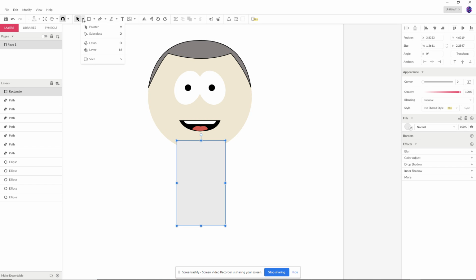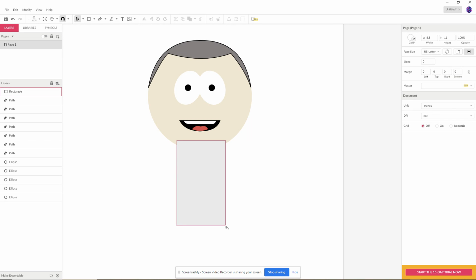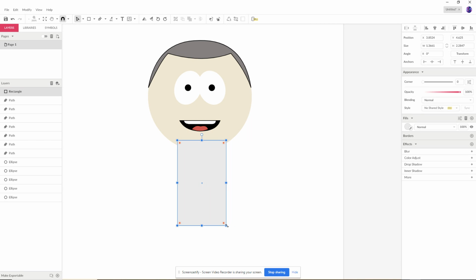So if I go to my sub-select arrow, this is the white arrow, I can grab just this bottom anchor point and pull on it to change the shape of that rectangle. Okay, so for example, this little handle, if I turn it, is going to round off the body parts,